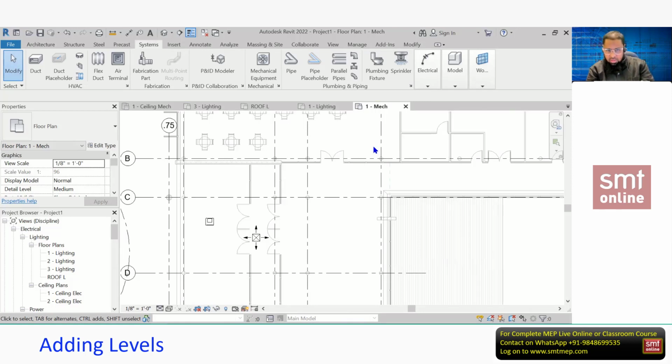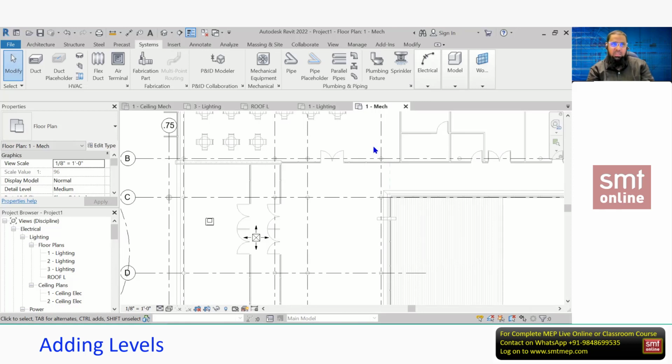First, we'll create the views, floor plan and ceiling plan, at the time of creating levels. And after getting one service, we can duplicate and put it in the respective service, so that at the time of working, we can use those views to avoid confusion. And with VG, we can hide or show the respective system component to avoid confusion. And at the time of coordination, anytime in electrical you can switch on the mechanical equipment, or in mechanical view you can switch on the electrical equipment, from a coordination point of view.